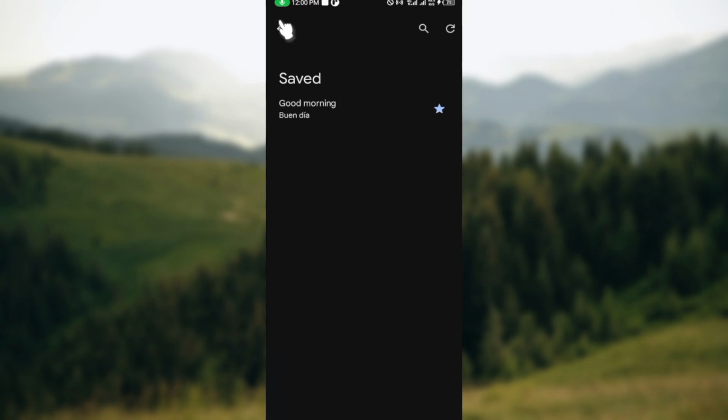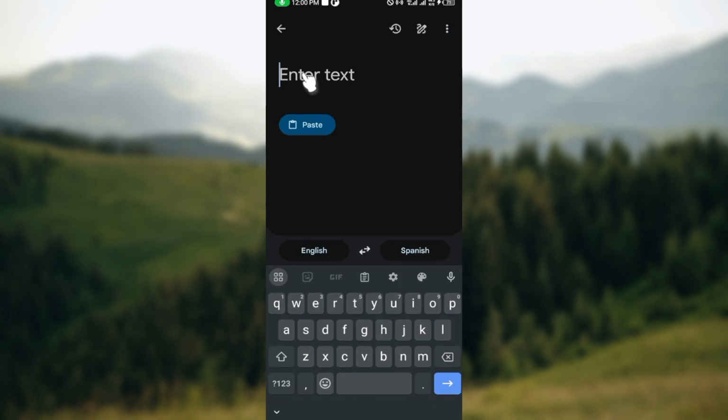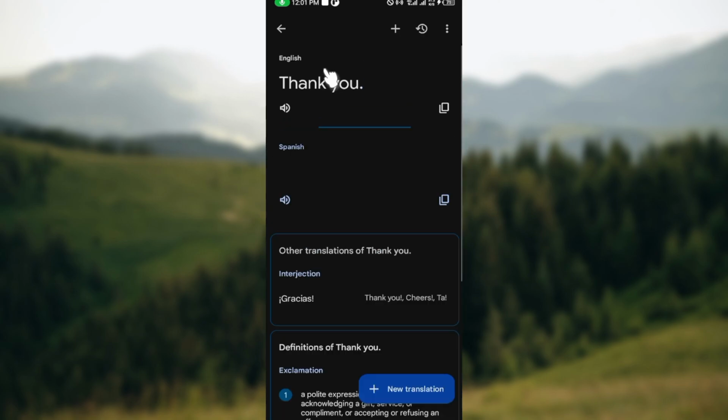But then how do you save your translated text? It's very simple. Just click on enter text, or if you have the text copied already, you can just paste it, whichever one, and then go ahead and type out the text that you would like to change. All right, and then once you're done doing that, just move to the top right side of the screen